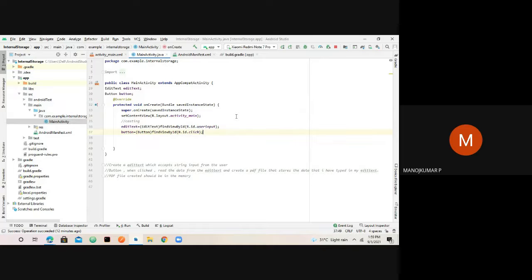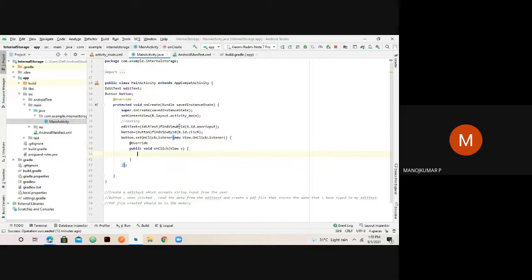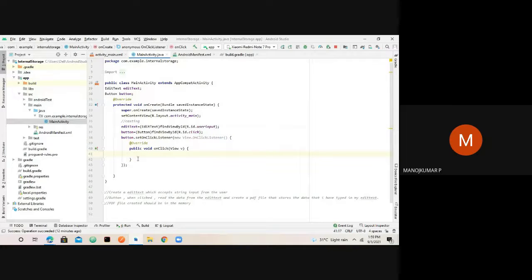Right now, if this button is clicked, then we expect certain things to happen. So for that, I would say a method called setOnClickListener. In this method, we are about to write what we are willing to do. Here, we are not just working on a simple model. Here, we are trying to create a document, a specific type of document, wherein we fetch our data, store it to the file, and once that is done, we create a PDF. Once the PDF is created, we store it to our internal storage. All this we have to do.